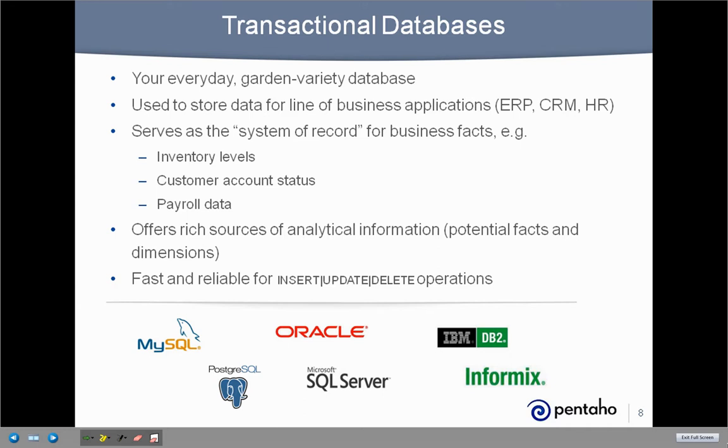We'll start with our sweet spot, the thing that I've been around for years, and that's our wonderful RDBMS, the transactional databases. What we're talking about here are the things that we use to store our business applications, our ERP, HR data, you name it. They're used all throughout organizations. Typically, these applications become the system of record,